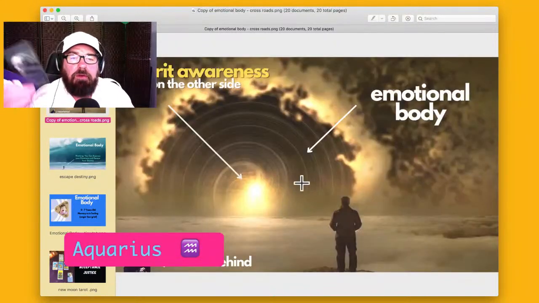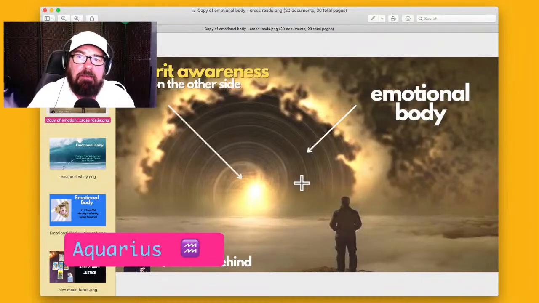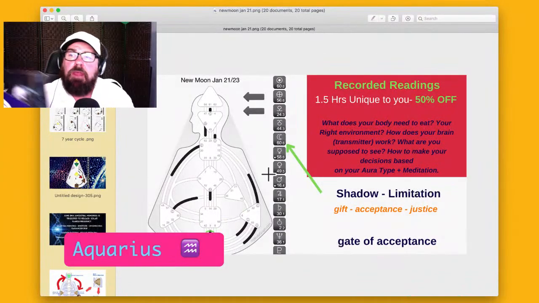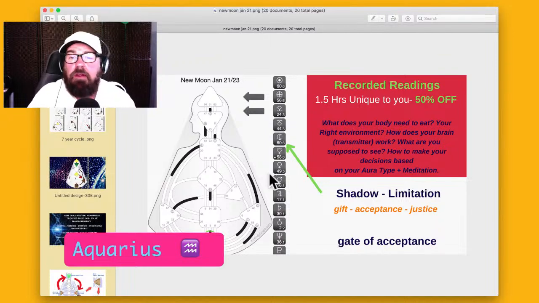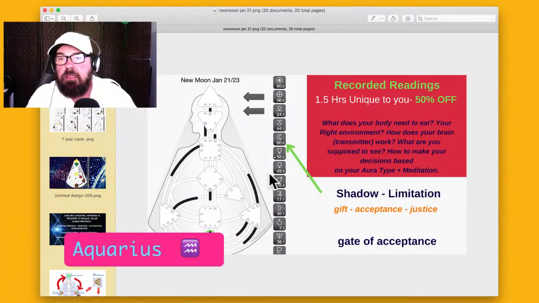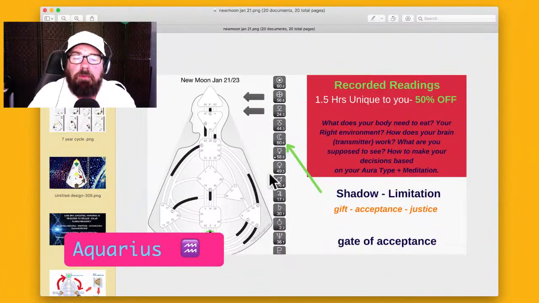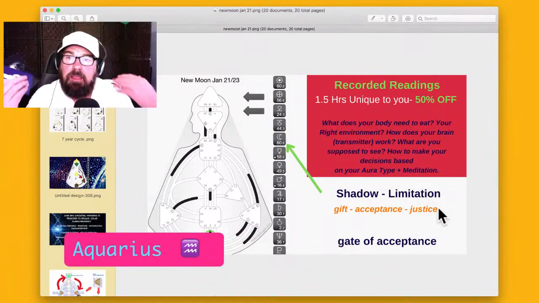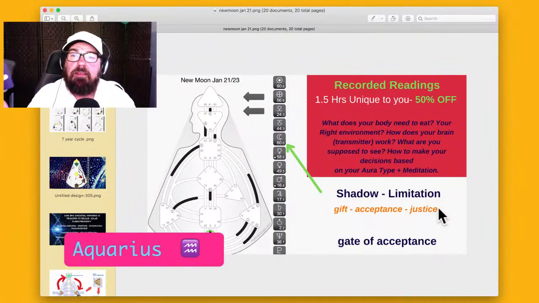But what I see for you, Aquarius, is you're not even allowing it, right? A space. And that's the gift of acceptance, right? The gift of acceptance. And know that karma will take care of everything. You don't need to punish anybody. The ego doesn't need to punish anybody. Karma will take care of justice. This is the sign of justice, right? And that means to just go into just is. Justice is balance. The balance will come. The scales will come back, right?